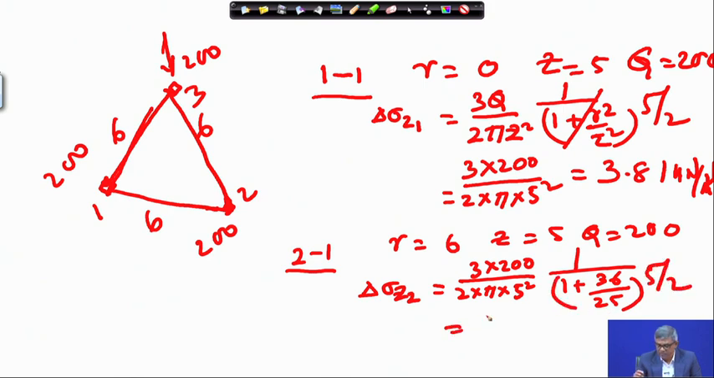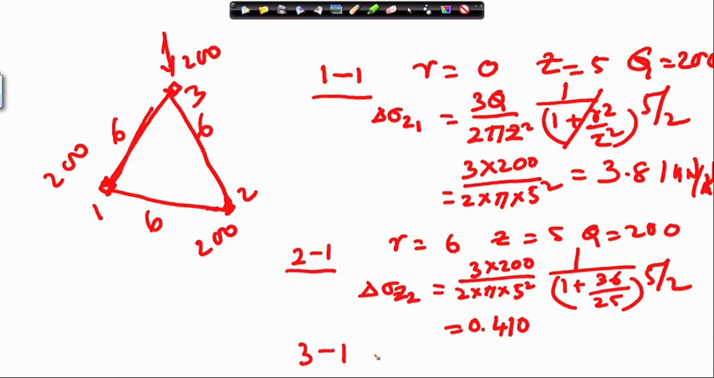So, if I calculate this one, whatever value I get, whatever I have got here, it will be just divided by 3. So, I will find that out. It will be 1.232 divided by 3. So, it will be 0.410. And 3 to 1 will be again the same, r equal to 6, z equal to 5 and